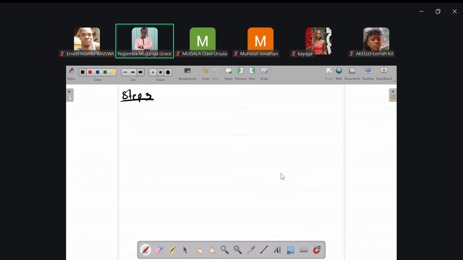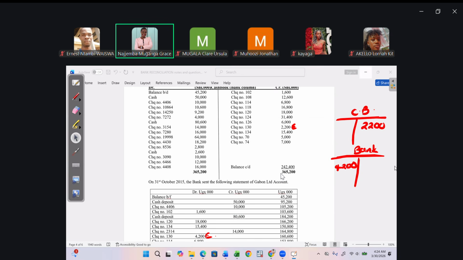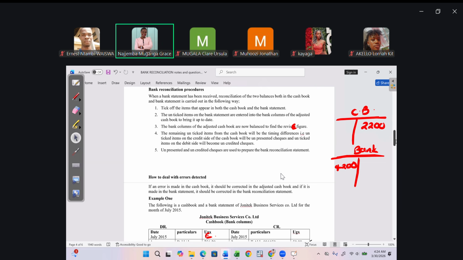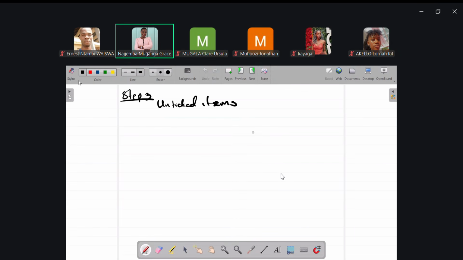Now, after you've done that for all the transactions, you will have some other transactions that do not appear either in the cash book or in the bank statement. Those are what we call the unticked items. So you could have unticked items in the cash book or unticked items in the bank statement. We can start with the unticked items